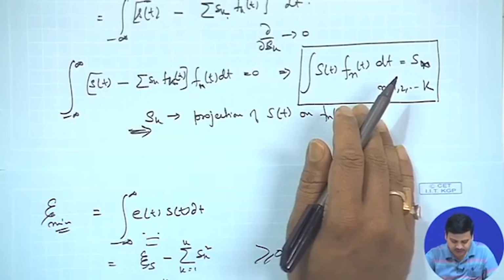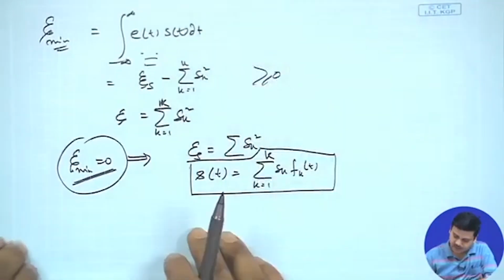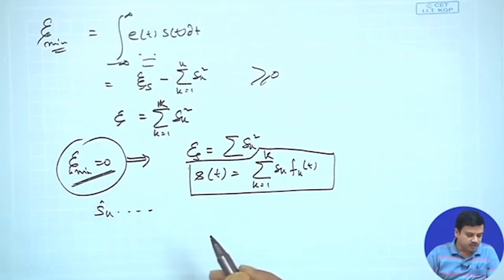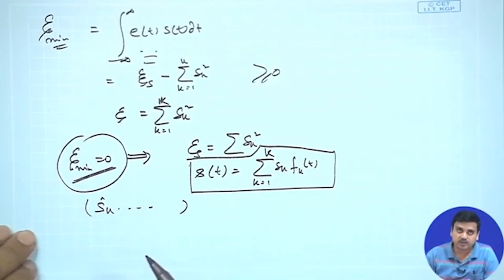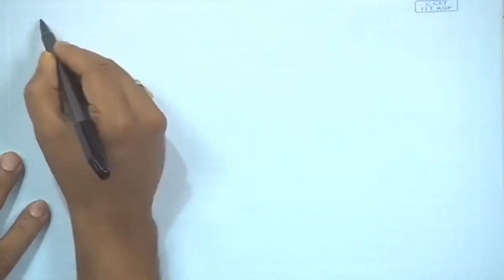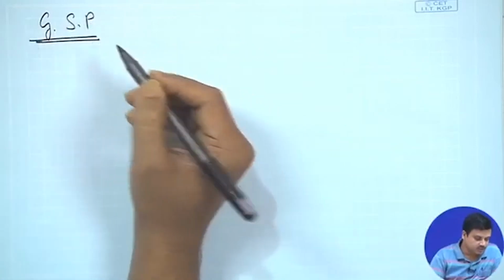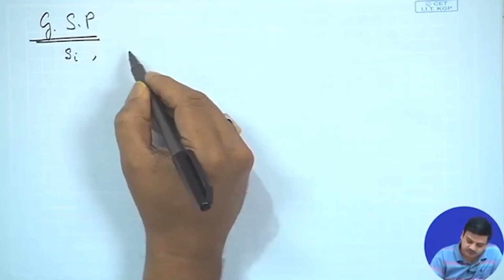So, once we have this, then what we can clearly state is that we have found these coefficients s_k, which are the coefficients of the signal, and they could give us some hints towards signal representation. So, at this particular point, one should look at the Gram-Schmidt procedure for signals. In this case we will summarize by saying, suppose s_i is a set of finite energy signals,